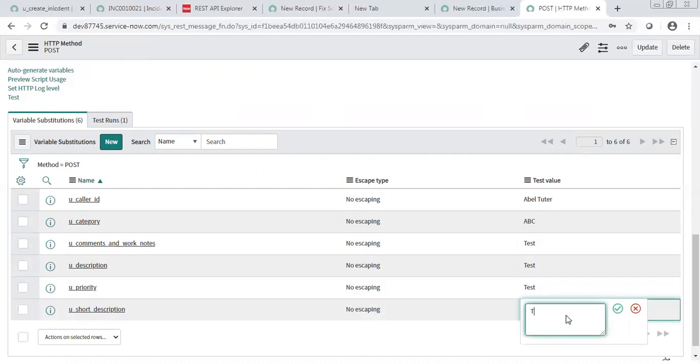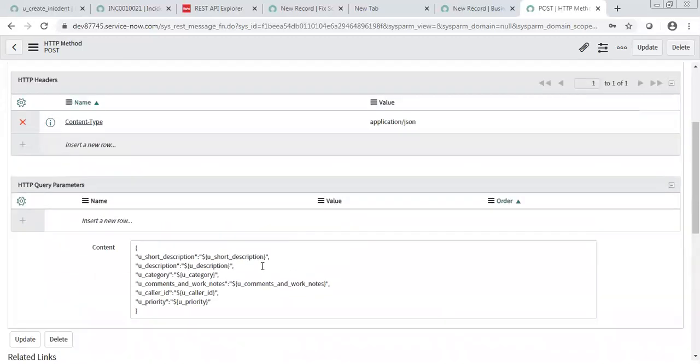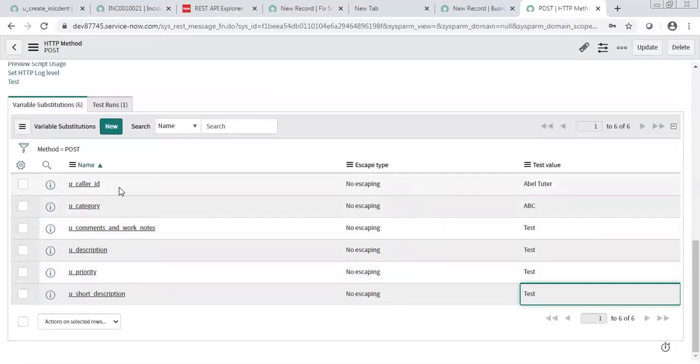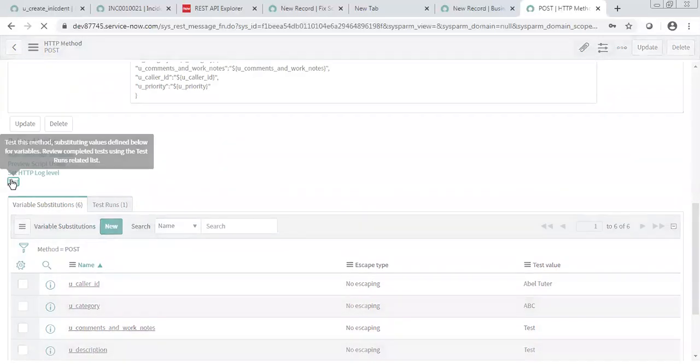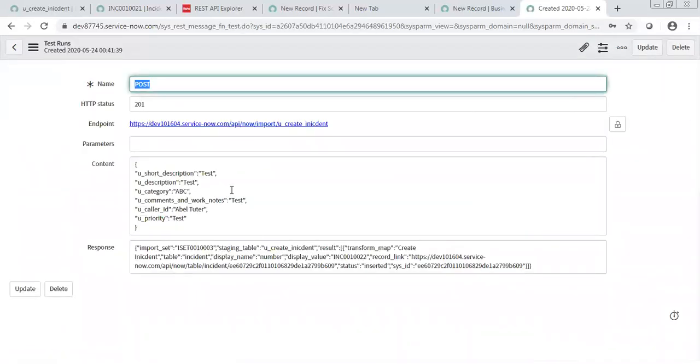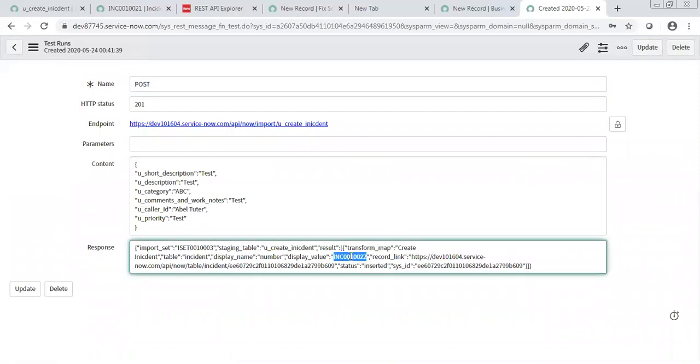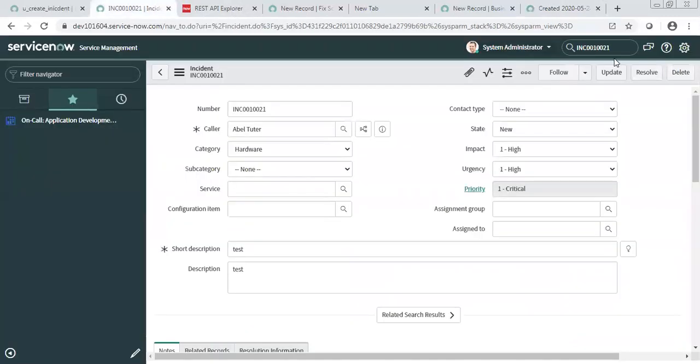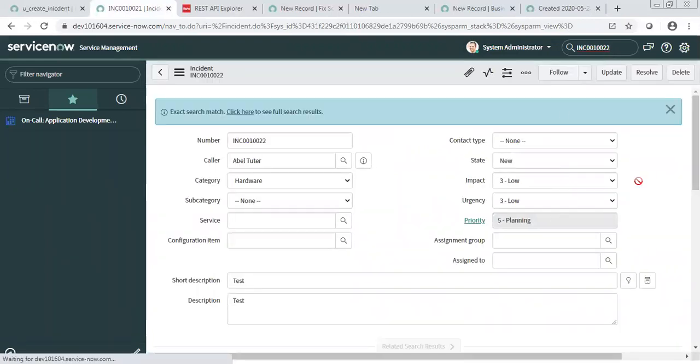If you remember, I told you that's what you will have to tell. That's why you give the sample value. In case of user, it should be the unique parameter. That could be the email address. Now if you click test, it should work. It is working, and here incident 22 is created.